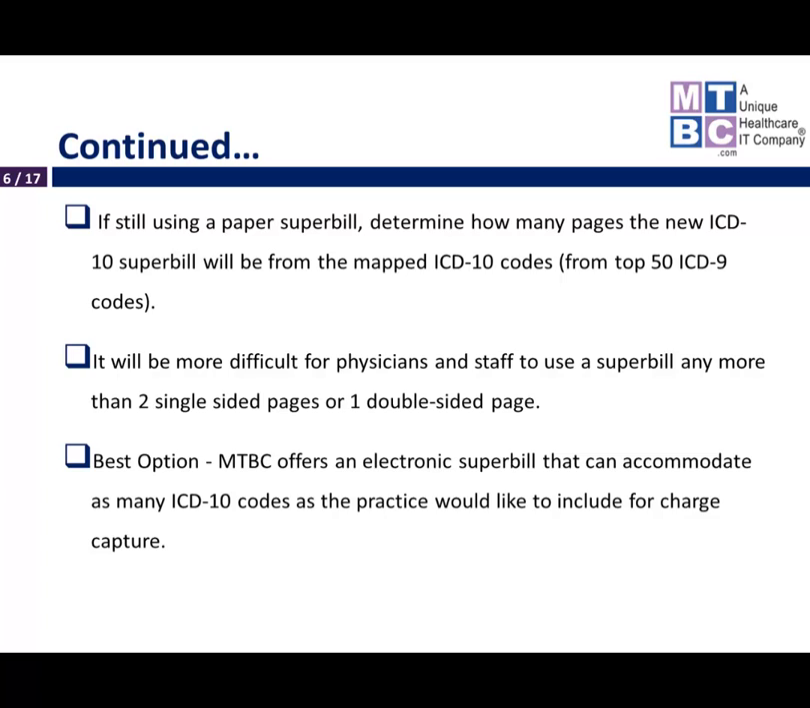Okay, if you're still using a paper Superbill, you need to determine how many pages the new 10 Superbill will be. Obviously, it may be more than one page. So if you have your mapped ICD-10 codes, and let's say that translates into 225 ICD-10 codes, I don't think you're going to fit that on one single-sided sheet. You may fit it on 2 single-sided pages, but how easy is that for a physician or a coder or what have you to